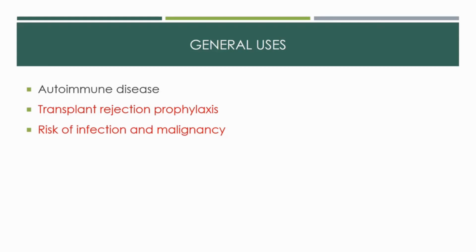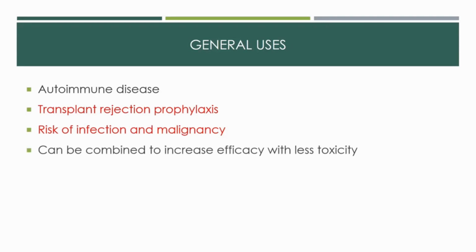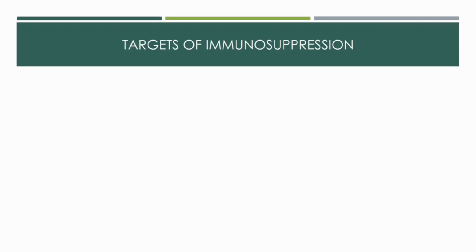But in general, since we are suppressing the immune system, they all come with the inherent risk of infection and a greater chance of developing cancer. But multiple immunosuppressive drugs can be combined to get better results without reaching the toxic level for an individual drug, and we do this to avoid some of the more specific side effects. Let's first discuss the main cell targets in immunosuppressive therapies, and then we'll discuss the pharmaceuticals we use to alter